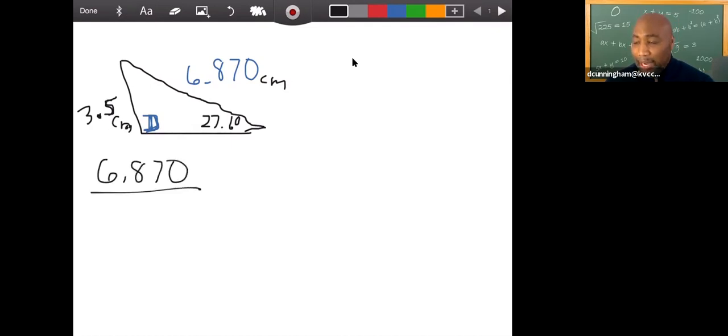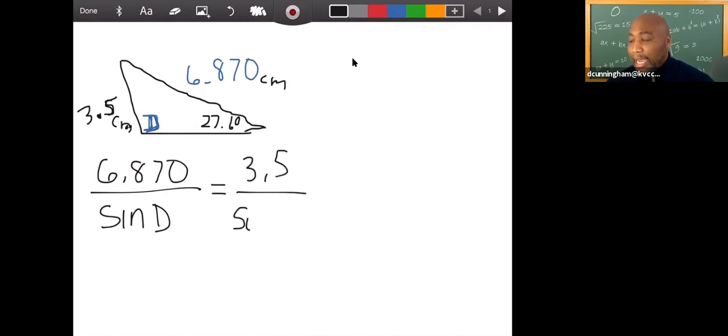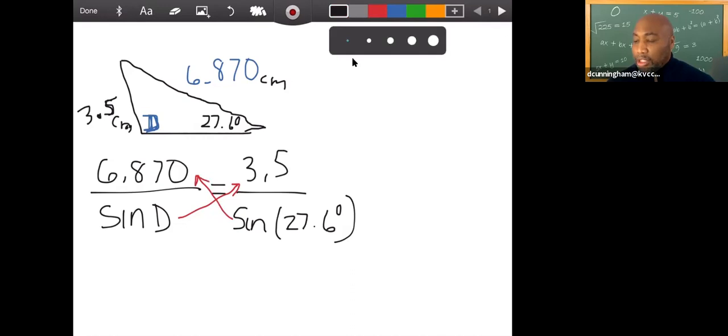6.870 divided by the sine of the angle, which is D, corresponding opposite. It should equal the side of 3.5 centimeters over the sine of the angle 27.6 degrees. So in our case, let's actually solve for D, or the sine of D, first. I'm going to cross multiply. So this gives me